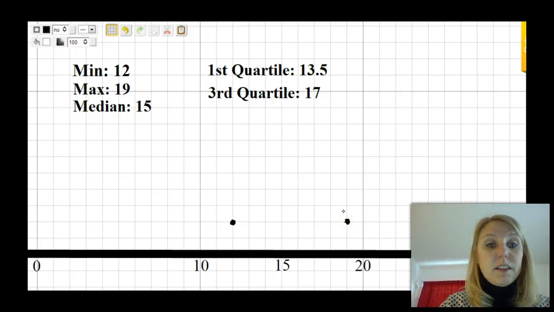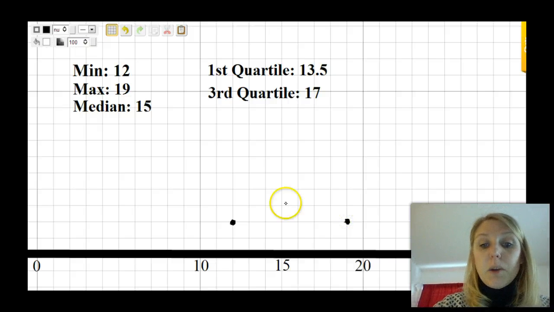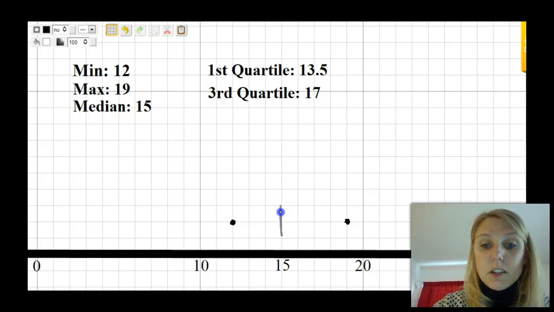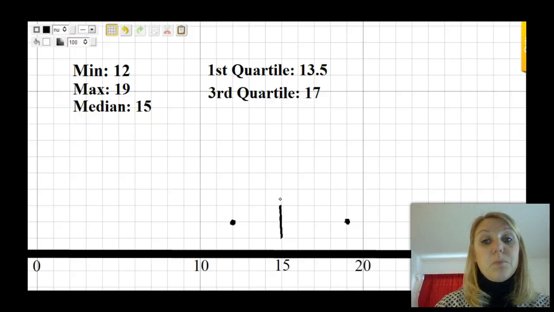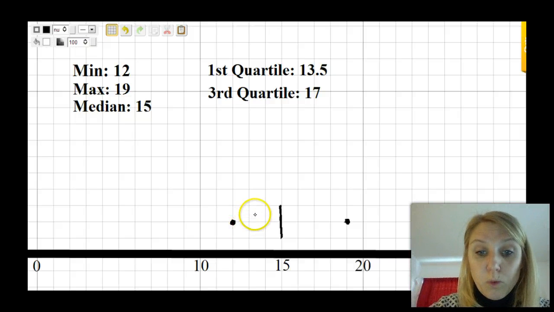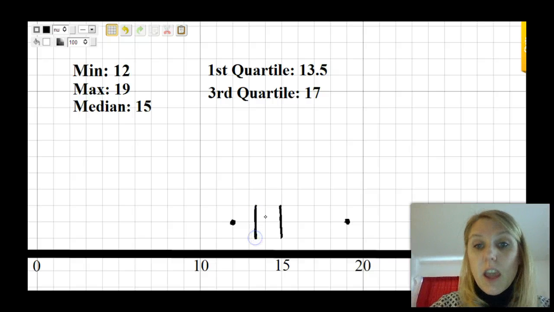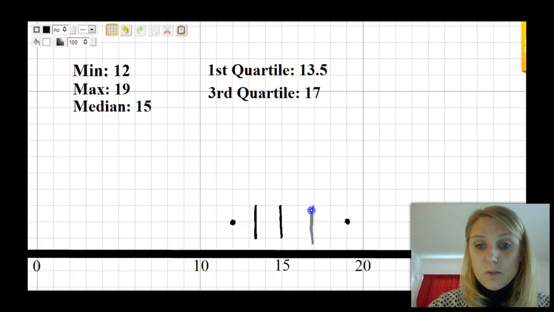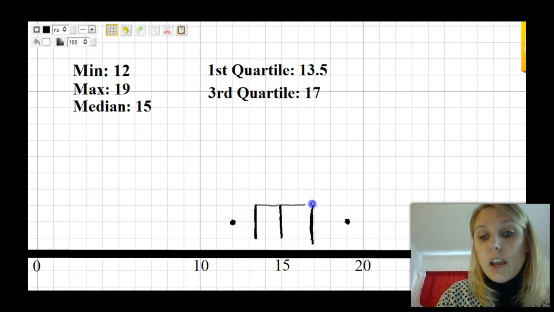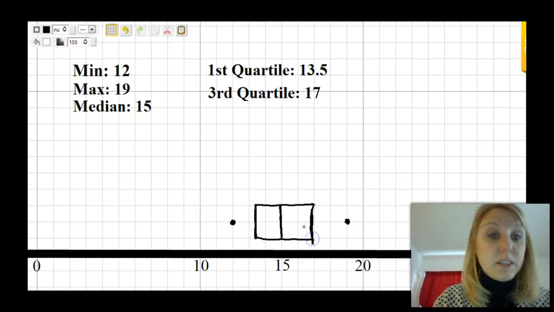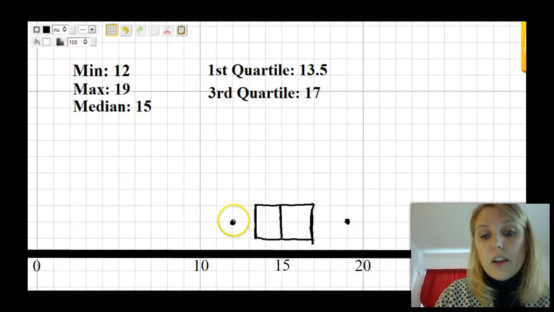The median in this case is a 15, and I'm going to put a line there because that's going to be the center part of our box. The first quartile is at 13.5, so it will go right between the 13 and the 14, in the middle there, and a 17. So now that I have my 3 lines, I'm actually going to connect my lines, and that makes a box, and my middle